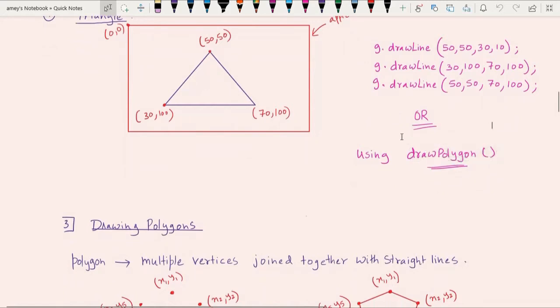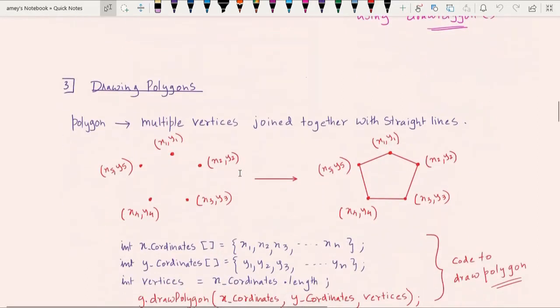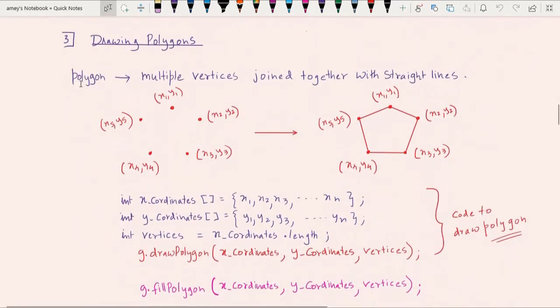This draw polygon method is used to draw any 2D figure, like triangle, pentagon, hexagon, heptagon, octagon, and just name it. So how to draw polygons? Basically, a polygon is nothing but multiple vertices.